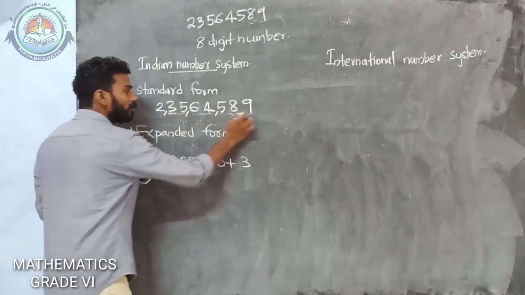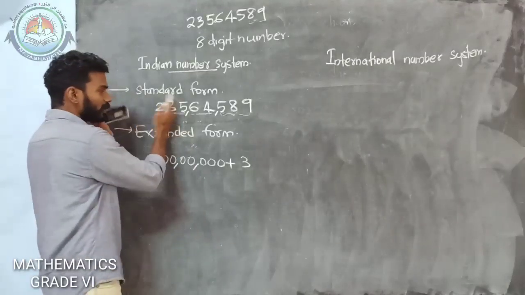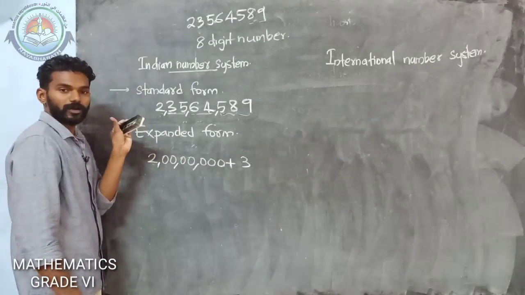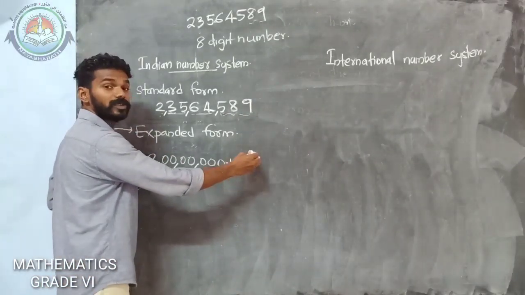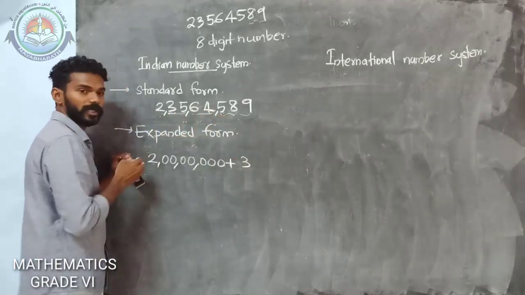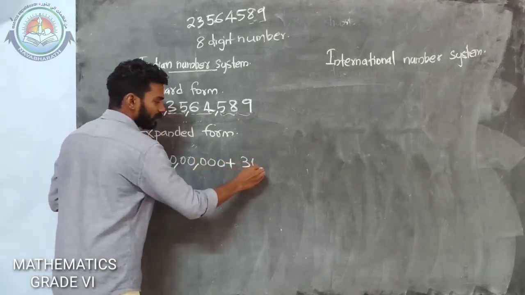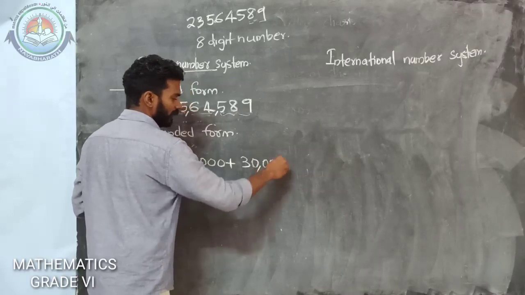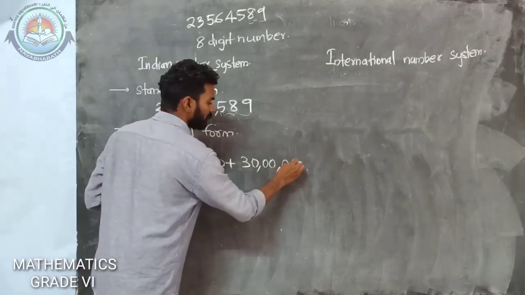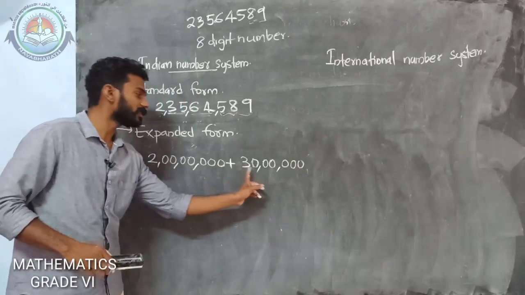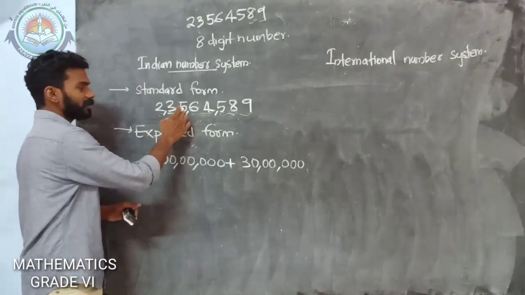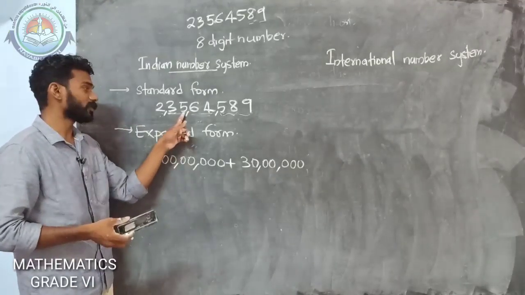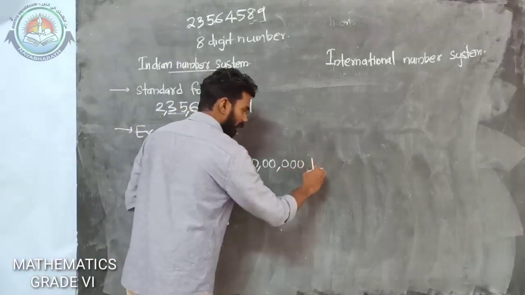Now replace all the remaining numbers, not the numbers on the left, but the numbers on the right, the remaining numbers. All of them can be replaced by 0. So it would be 3, thereafter a 0, then a comma, then how many zeros? 2 zeros, again a comma, then 3 zeros. This would represent 30 lakhs. Now next to the place of 5. The 5 is in lakhs place, which means it represents 5 lakhs. How can you write 5 lakhs?